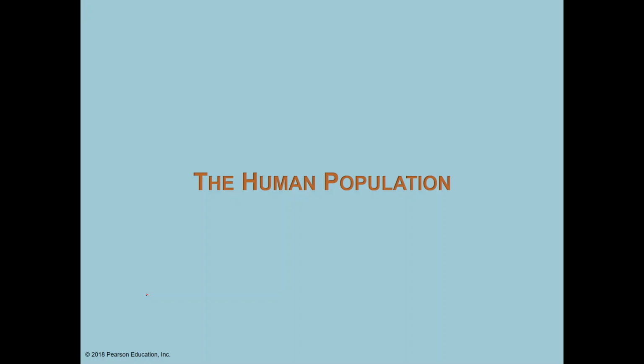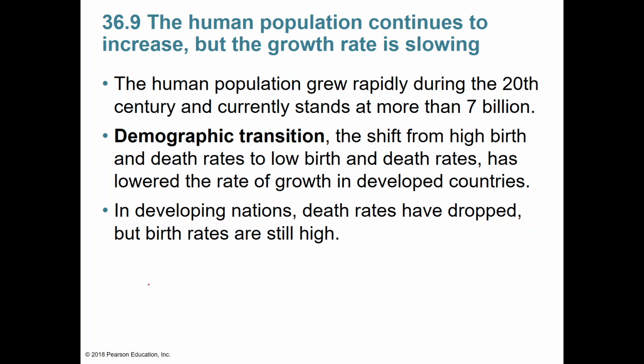Okay, so we've talked about a bunch of different animal species. This is extremely important to study in the human population because, as you know, our human population is continuing to grow, and it's important that we study and understand how the growth of the human population is influencing our environment and how sustainable we can continue to be. We know that the population started growing pretty rapidly during the 20th century, and right now we're more than 7 billion people on the Earth.